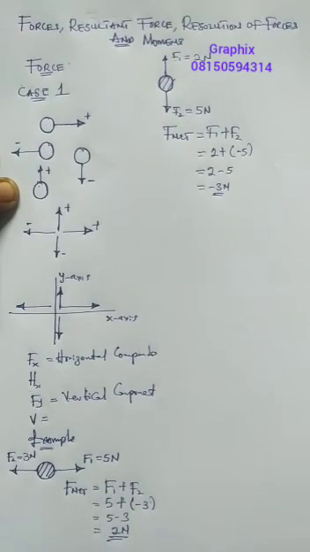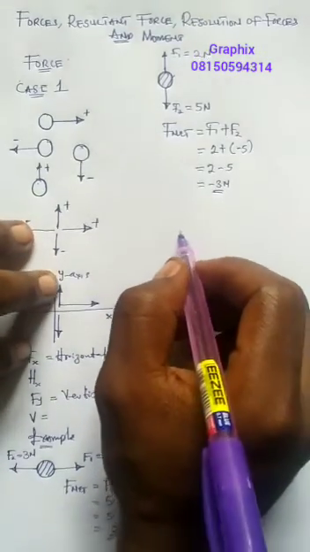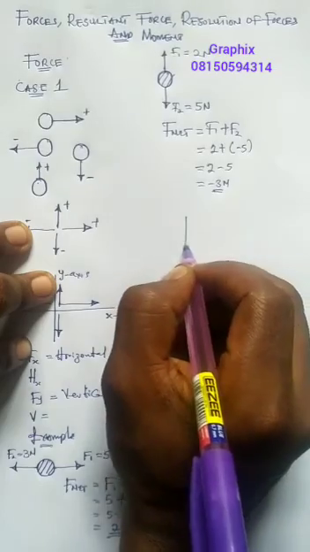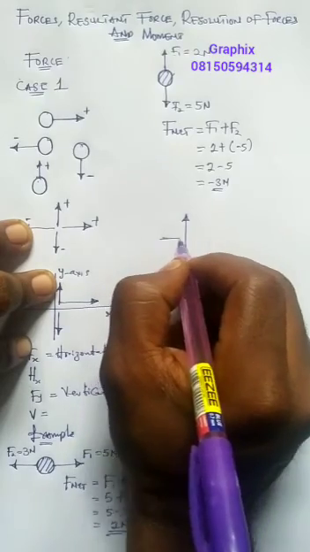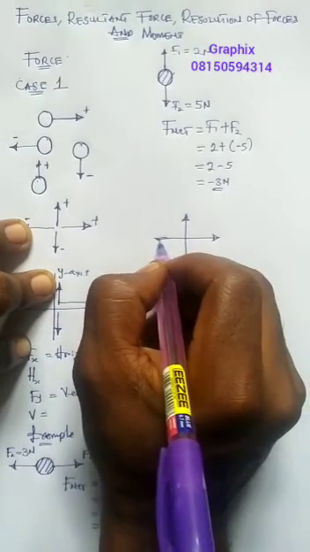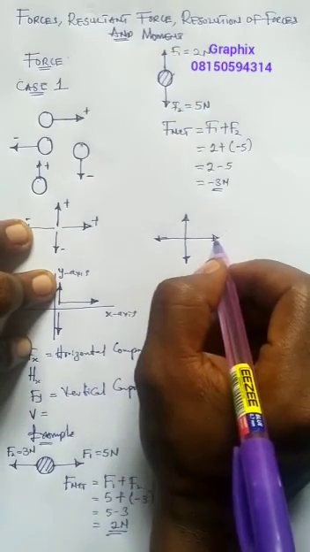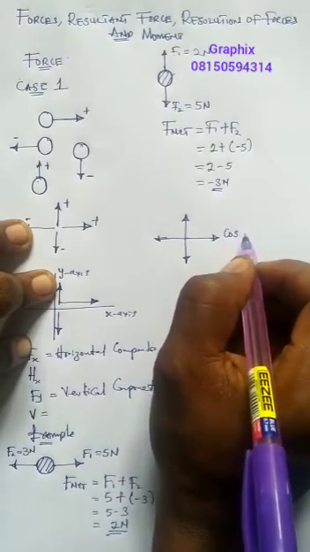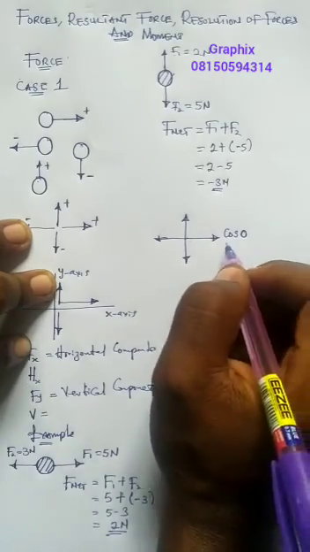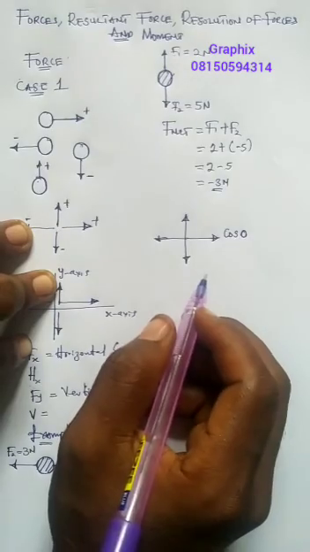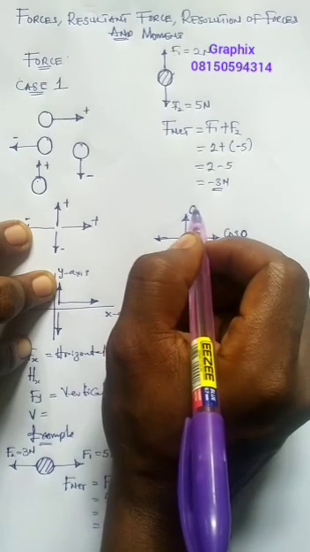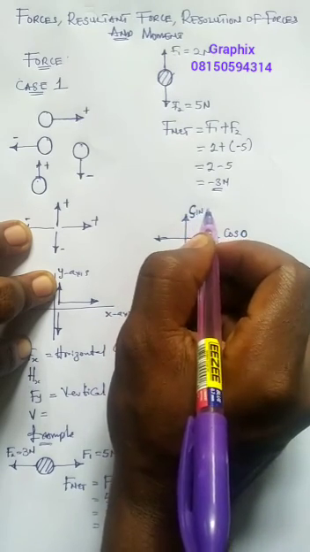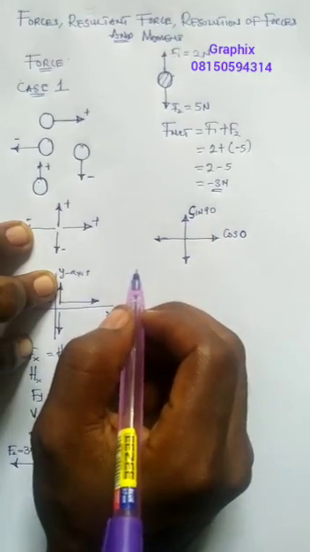Are we good? Now there's something I want you to understand again. Another good concept. If I have my different angle, let me say I have this and this. I also have this and this. You need to understand that this axis here facing the right is called my cos 0. Cos 0 will give you positive 1. My vertical force will give me sine 90. Right? And also